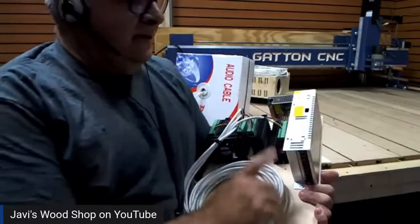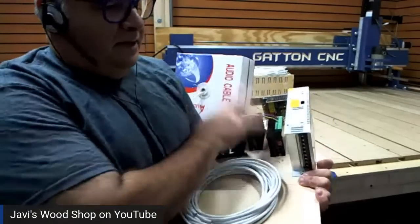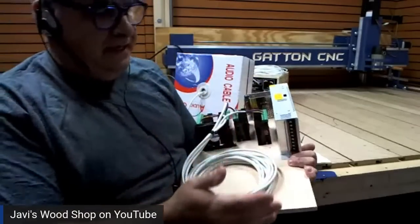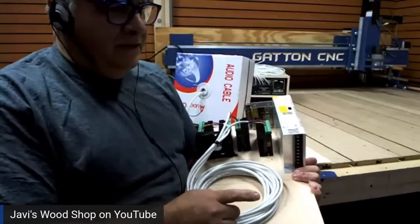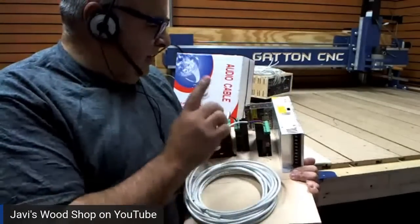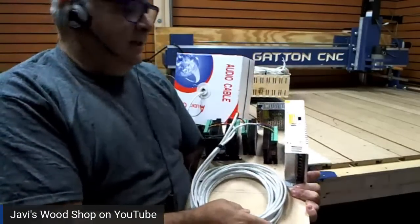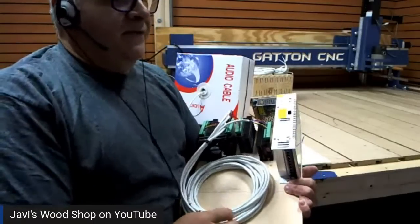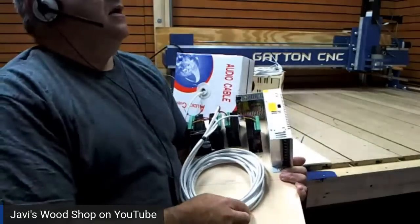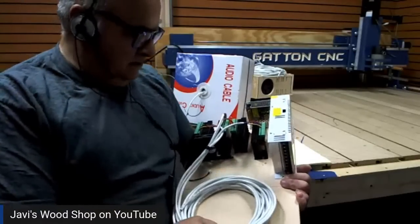The basic model has the 36-volt power supply and the TB6600 drivers. These drivers, for those of you that don't care about electronics, well, that's why you bought the box. It's plug and play. It's inexpensive. It's wonderful. There is another version which has the DM542 drivers. It's not out yet, and that has the 48-volt power supply. I'll be testing both versions to see which one, if anything, is more reliable. But for the most part, the Xylotech has, on numerous occasions, switched back and forth between 48, 24, and 36 volts, and it's really the amperage that's